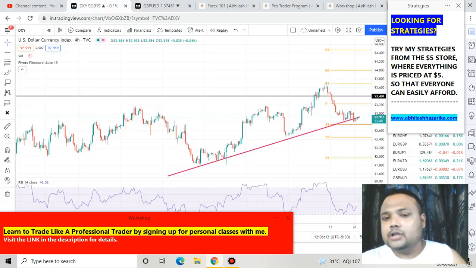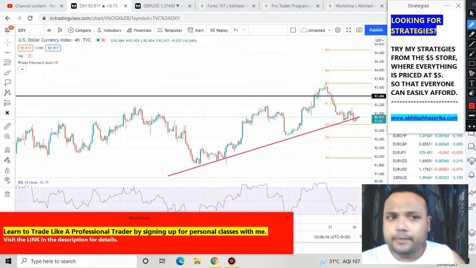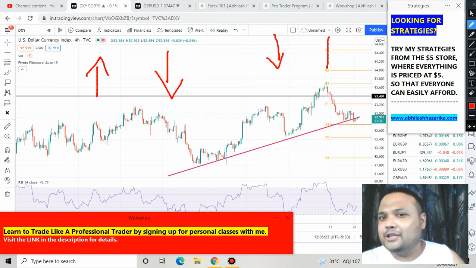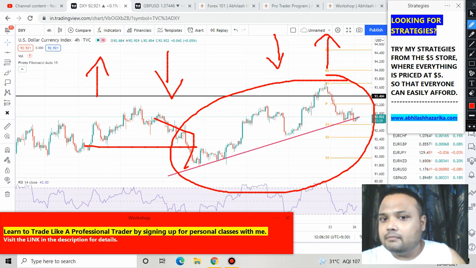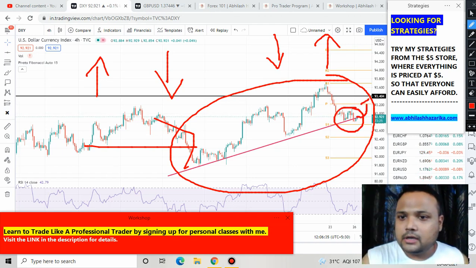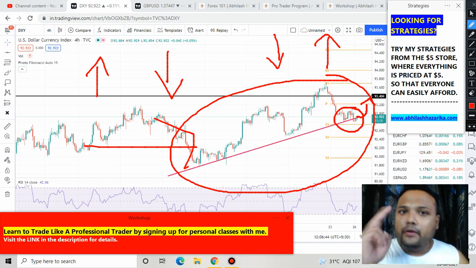And if you look at the chart of DXY here, as we all know, it has a direct correlation with the GBP USD. Whenever USD goes up, the British pound goes down, and when the dollar goes down, the British pound goes up. And right now you can see that USD is quite bullish here, and right now standing at support. So there is a good possibility that the US dollar will be bouncing. So in case it goes up from here, definitely GBP will also go down and you can make money from it. So my dear friends, you can short the market with proper risk management.